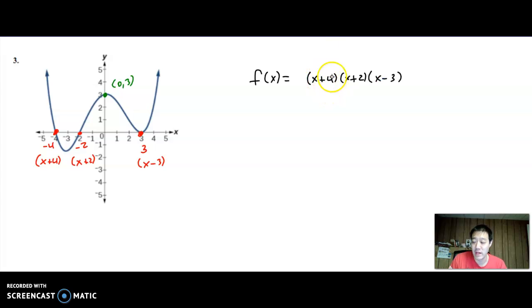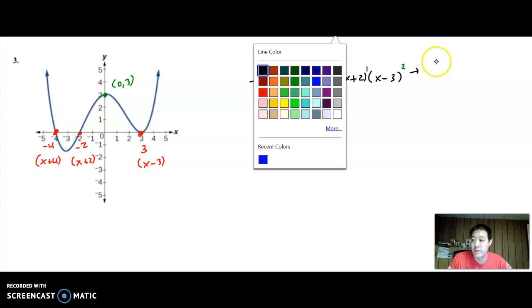And at x plus 4 and x plus 2, if you notice the graph, it just crosses nicely straight through, and so we know those are going to be invisible exponents. And then at 3, since it touches and bounces back up, we know that it has to be an even exponent. And so I'm going to write 2 here. Now you should be asking, what if it's 4 or 6 or 8, any even exponent? And the way we check it, and I'm going to put a little arrow here, is turning points,